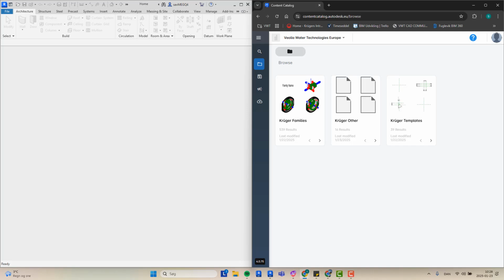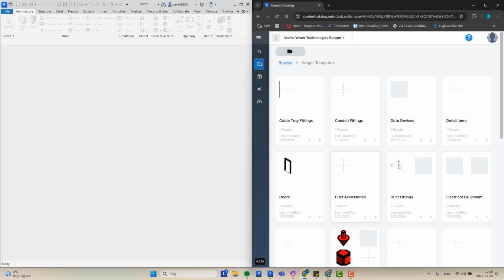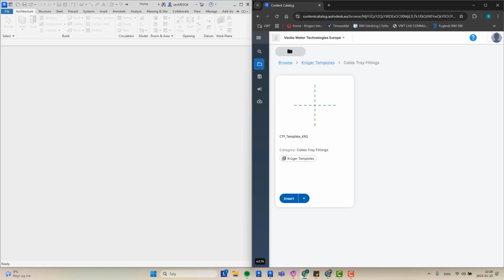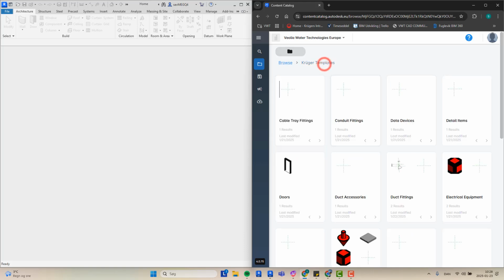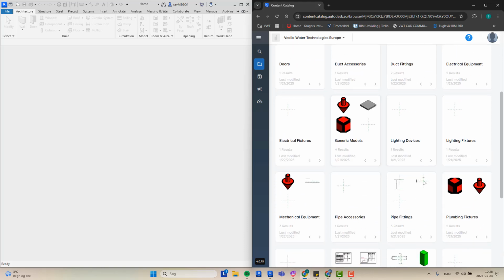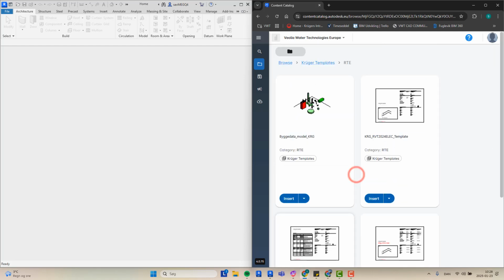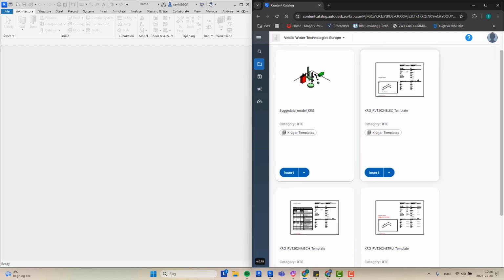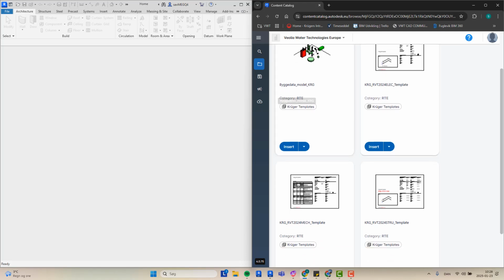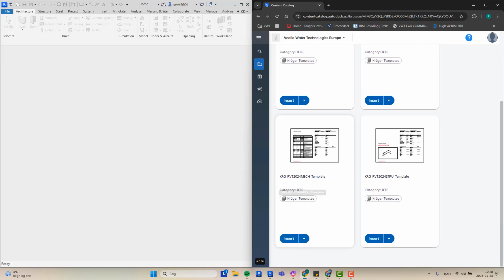So if we're starting up with our project, we would go into templates. Here you have different families, or these are categories actually in Revit, but here is, for example, the template for cable tray fittings, and so on and so on. And we would go down here to RTE, which means Revit template or model template. And let's say we're starting off with a mechanical template, and we would just click Insert, and